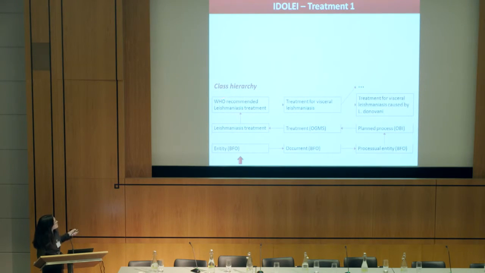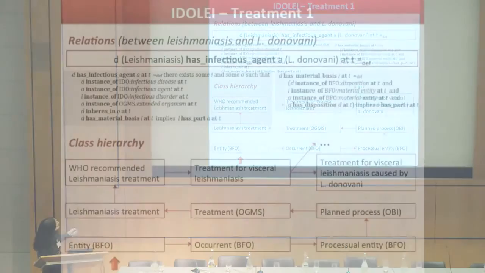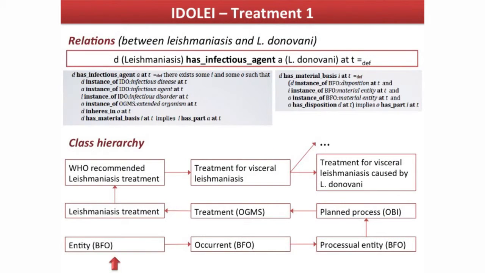We have the WHO recommended treatment, the treatment for visceral Leishmaniasis. And for example, we could have as a subclass, one of many, the treatment for visceral leishmaniasis caused by Leishmania donovani. So we don't only have a hierarchy in the ontology, we have also relations, for example, between Leishmaniasis and